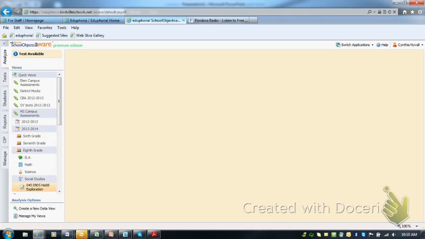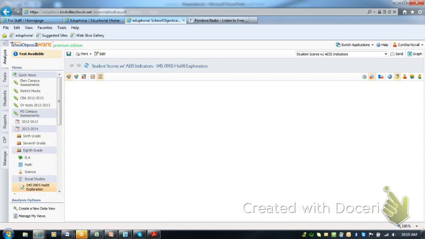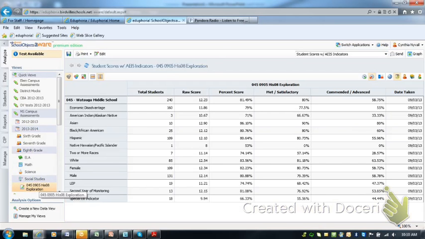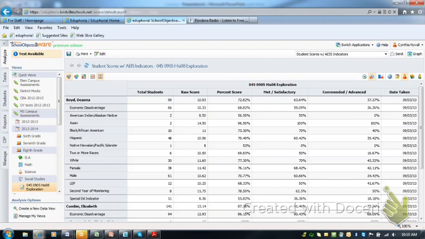Elizabeth graciously allowed me to use her as an example. So I'm pulling up her class and her test. First, I'm going to go to Elizabeth. Remember that this year you can also look at all the teachers in your department to see how they did on that test. So I'm going to drill down into Elizabeth's class,